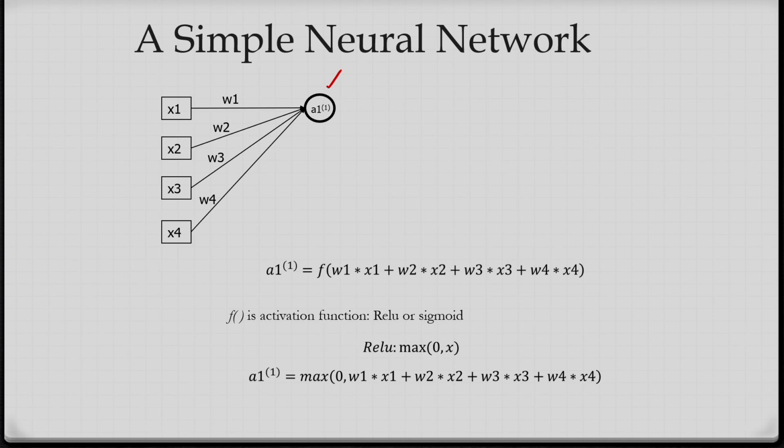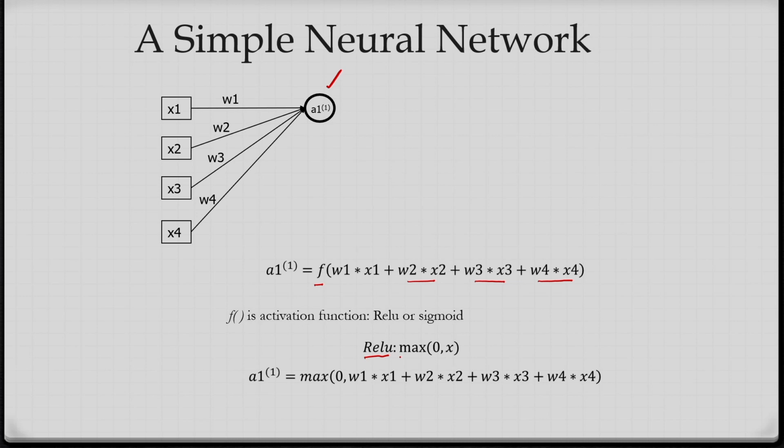So the response will be: W1 is multiplied with x1, W2 is multiplied with x2, W3 is multiplied with x3, W4 is multiplied with x4, and after this I am considering the activation function. In my artificial neural network class, I explained the activation function, that is the sigmoid function we have considered. Now I am considering another activation function, that is called ReLU,